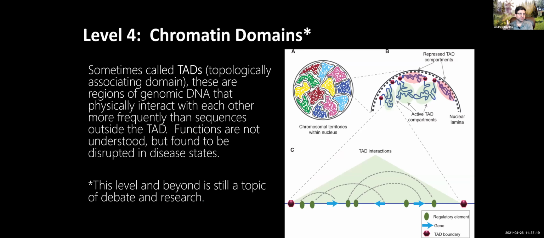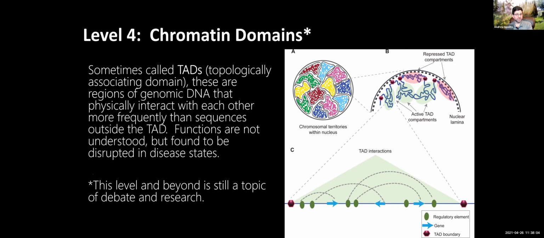Beyond this, you don't have to worry about it. This is all hypothetical stuff now, but this is one of the areas that's most exciting to me in research, because understanding the nucleus helps us understand almost everything. So there are these things that we sometimes call TADs, topologically associated domains, that are basically huge regions of genomic DNA that act kind of like islands with each other. So the idea here is we have a higher order of organization well beyond the nucleosome, well beyond even the chromatin territory. We're still not really understanding this stuff, but we do notice that in some diseases, this kind of interaction is disrupted.